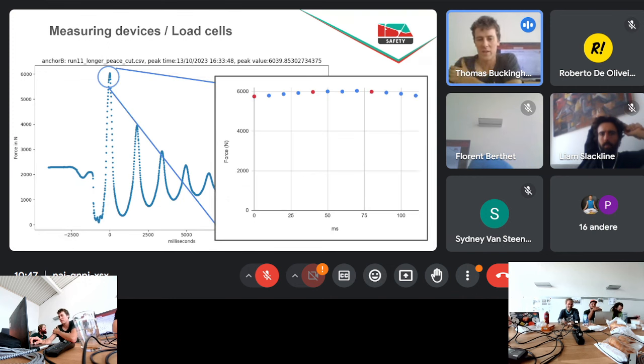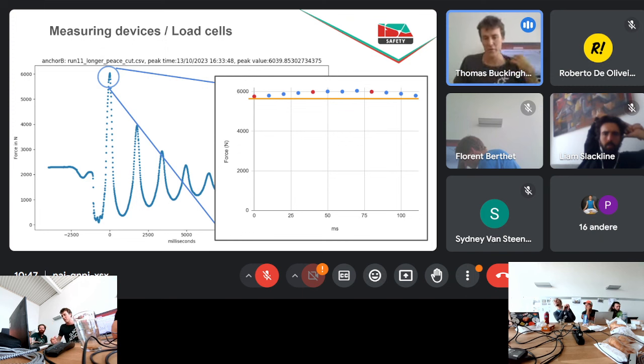So this is one more thing to say that it's a bit tricky to think of experiments from what happened in the past, which had different kinds of load cells. If we want to make more of these experiments, we really need to have a really good environment to measure everything.